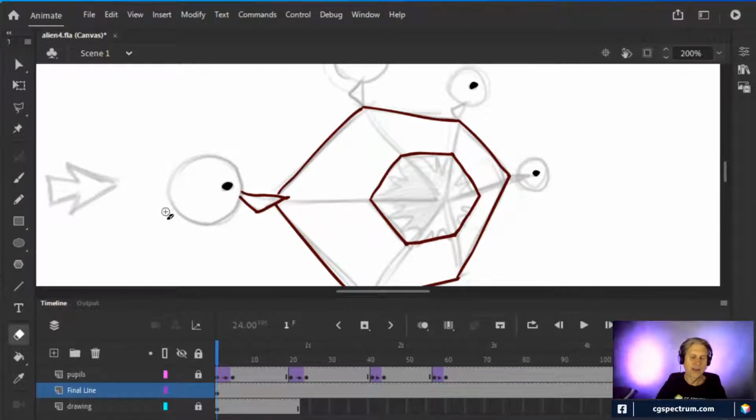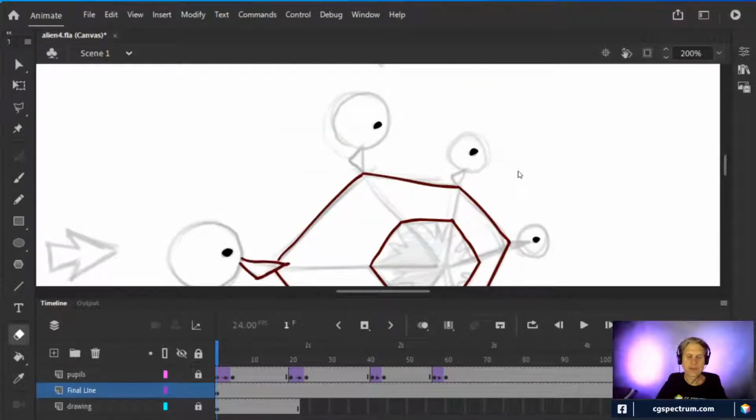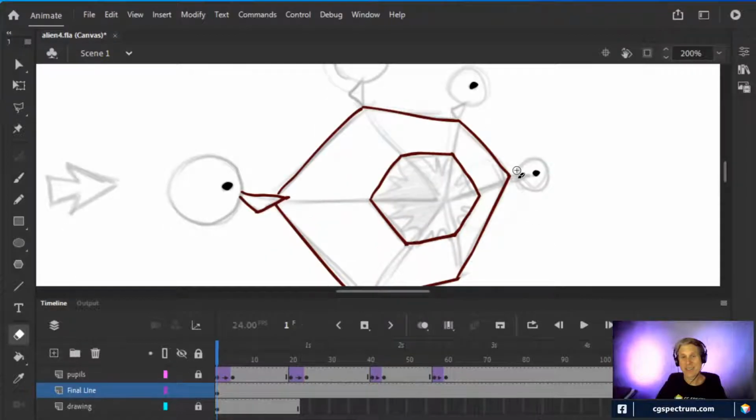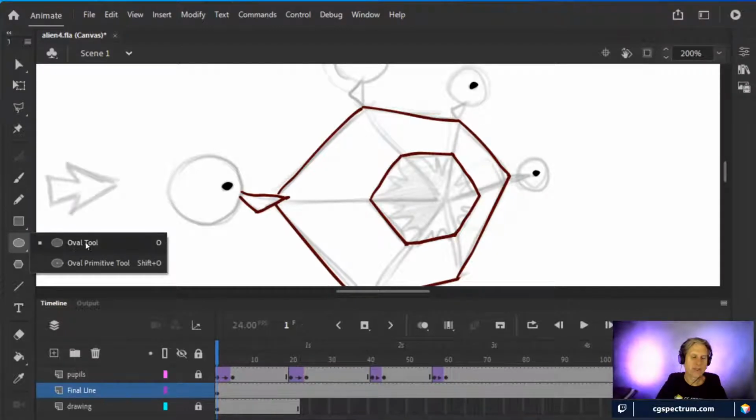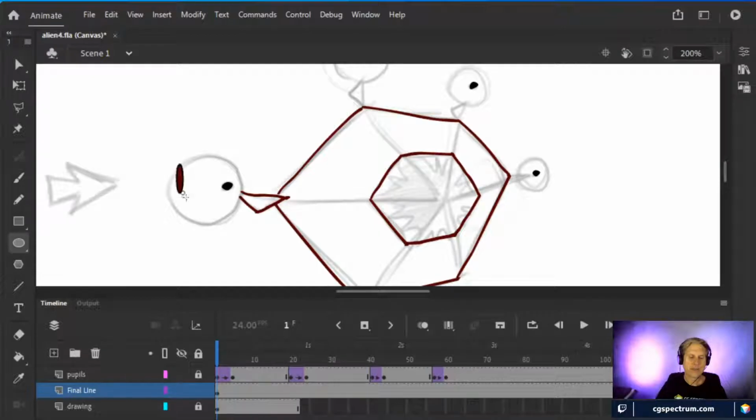One of the other time-saving things that I did, I started to say cost-saving, but it didn't cost me anything, was using things like the oval tool. By using the oval tool, I could go in and lay down an actual physical shape. Usually what I'll do is I'll do it on the side and try to match the shape as close as I can.